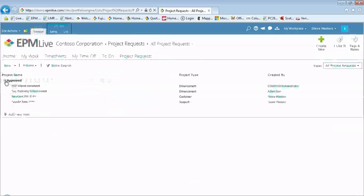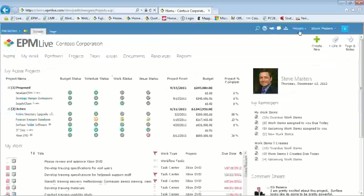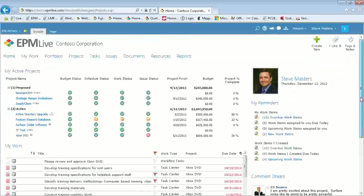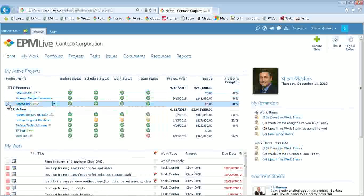From here, since these 2 are approved, I'm going to go to the main portfolio management application, which is in the projects community. So we have within the projects community the main portfolio application, and this is a landing page. And again, this is Steve Masters, who is a project manager and PMO member. And sure enough, after having the items approved, they appear within proposed projects. So the request was put in. It was filtered first by an approver, and now it's part of the proposed project that needs to be further